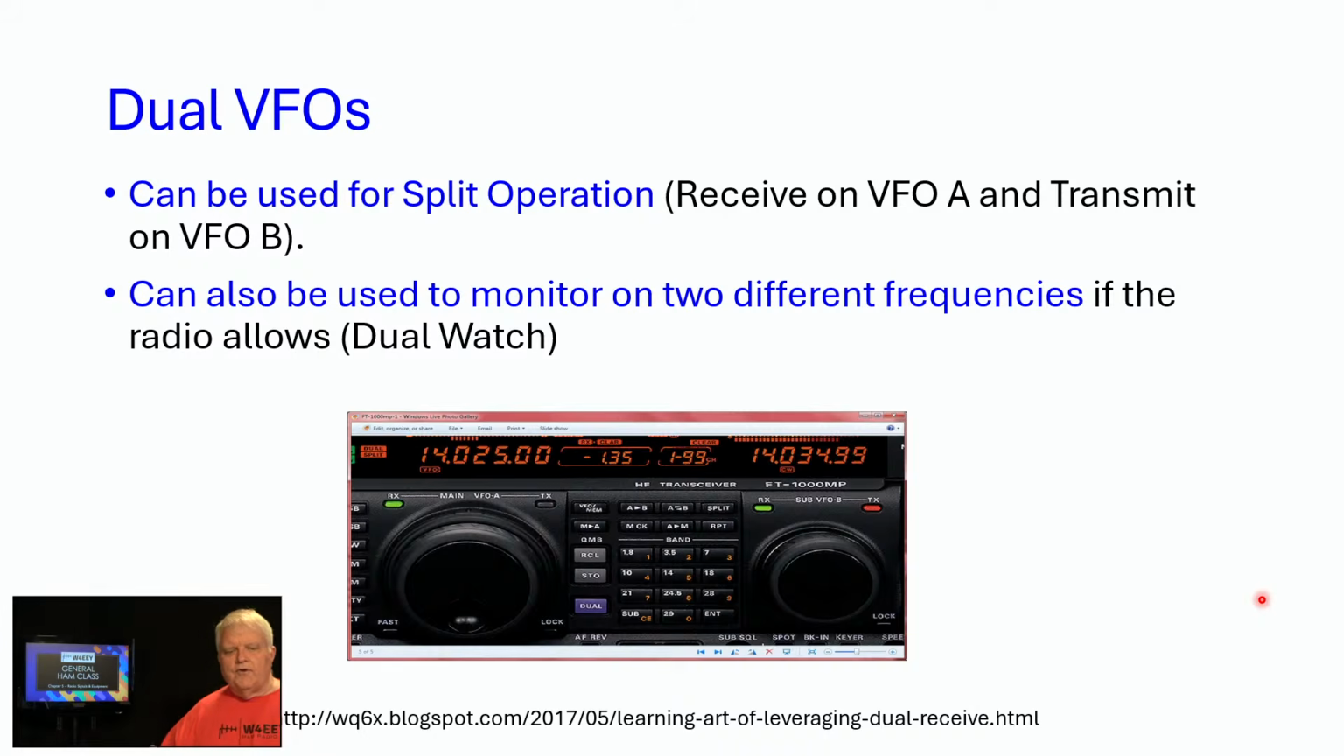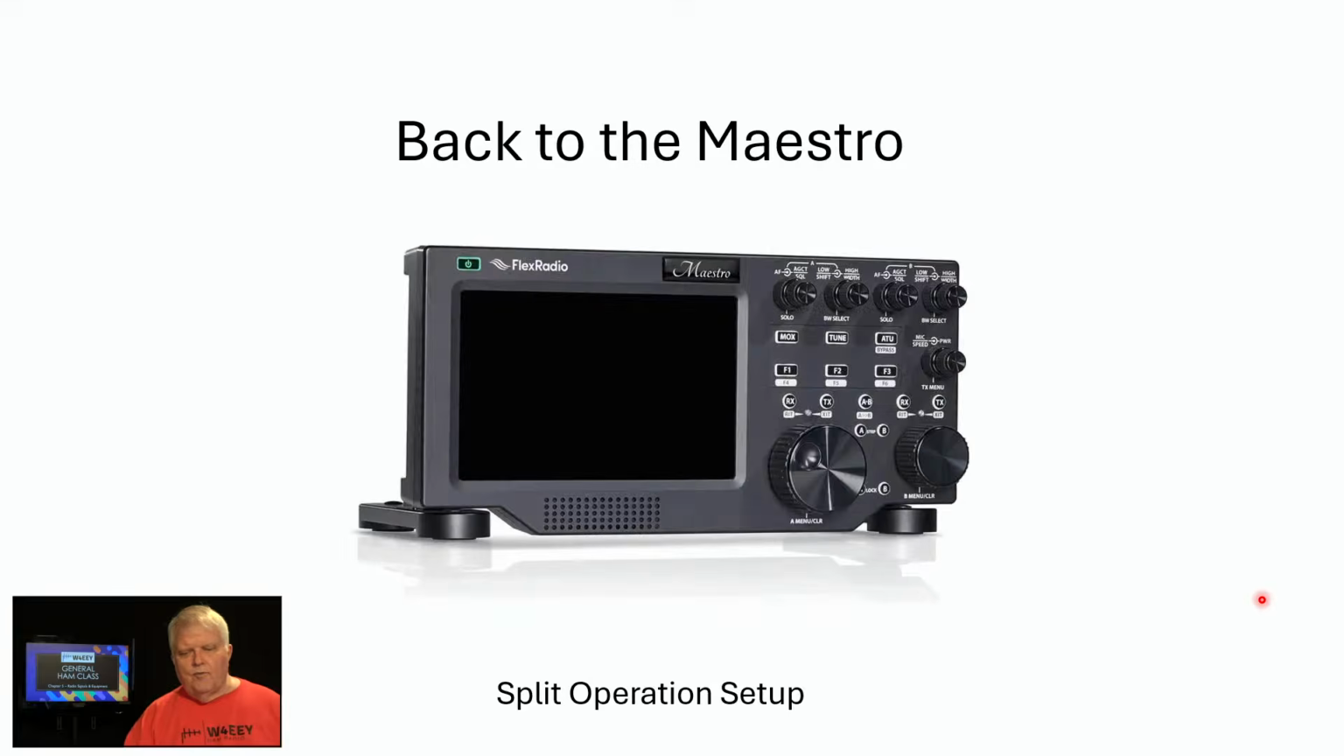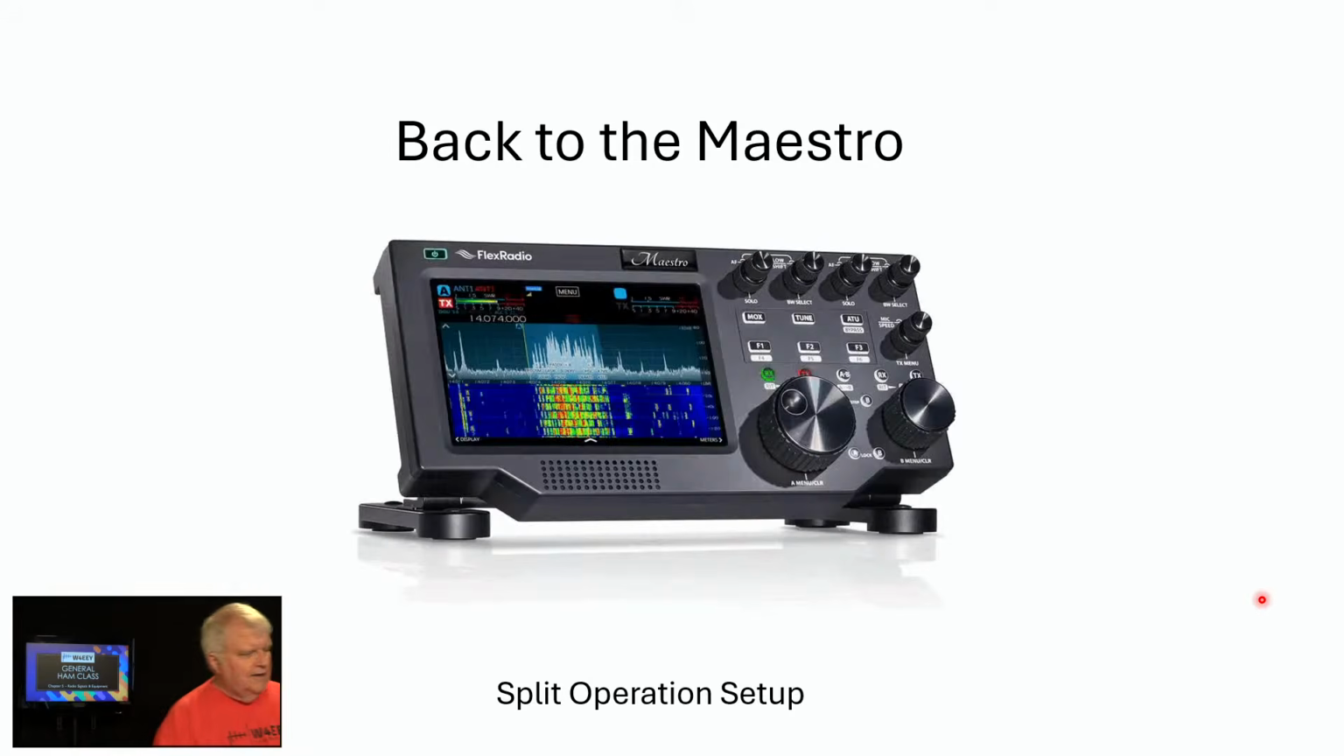So a radio with dual VFOs, variable frequency oscillators, can be used for split operation. You can set it up so that you receive on VFO A and you transmit on VFO B. And as long as you keep them straight and you're transmitting on the right frequency, everything works out just fine. You can also then monitor both frequencies, so you can hear the DX maybe in one ear, and you can hear your competition in the other ear, and that helps you sometimes to time out and know where the DX is listening. So let's go briefly back over to the Maestro